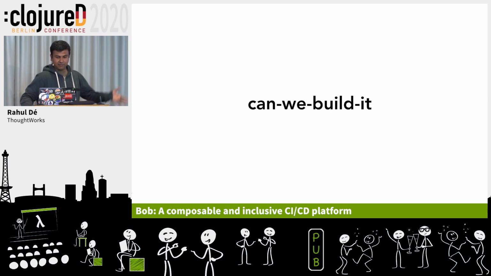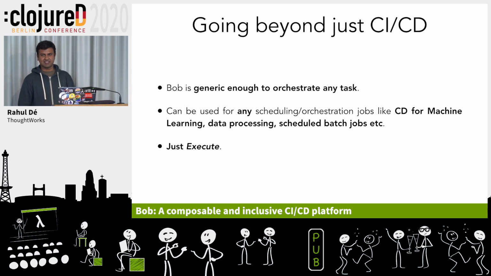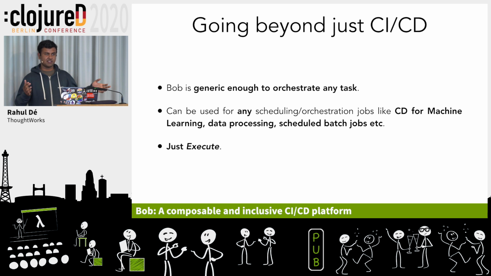So I think we can build it, right? So why do we just stop at CI/CD? Can we go beyond that? So hopefully people agree that this is a very generic workflow orchestration engine. You can pretty much do whatever, because you can do whatever externally. You can tell Bob what to do. You can customize it to whatever. So continuous delivery for pipelines, that's something that ThoughtWorks is also pushing. That's where I work at, and we should be doing more and more continuous delivery wherever. So it's not just code, but anything can be done. Data processing, schedule batch jobs, basically just execute. That's all there is, right?